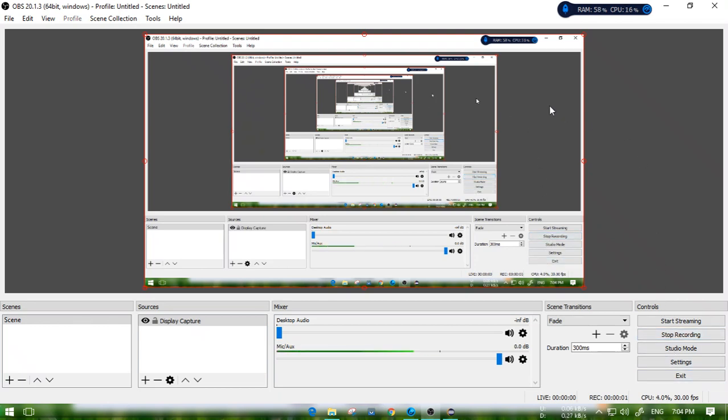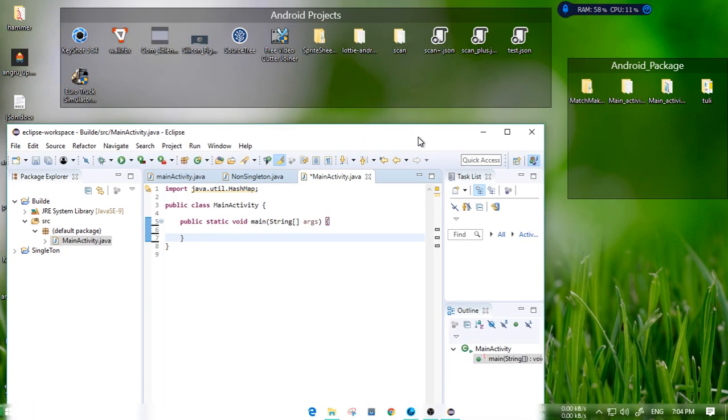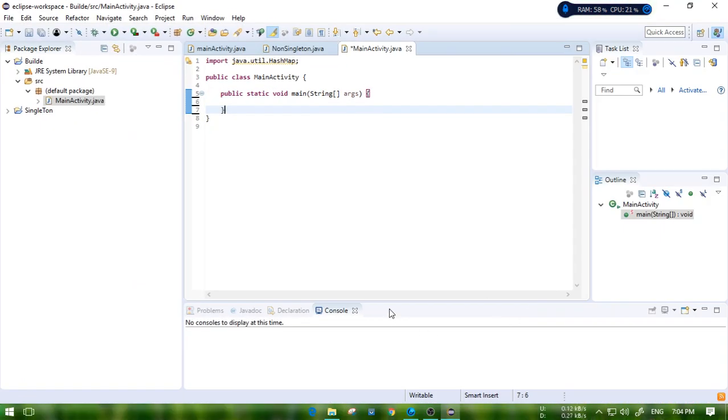Hello everyone. So today we'll talk about the builder pattern. So what is the builder pattern? Builder pattern is a creational pattern that is actually used for the